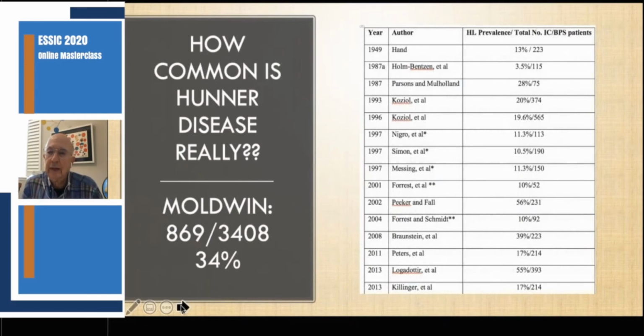If we look at all the studies that describe Hunter lesion prevalence, and we put them all together, Moldwin did this in the new Campbell's Urology, we find that 34% of patients overall have a Hunter lesion. Now, this is less in the United States, where it's as low as 10 to 15%, and much higher in Scandinavia, where it may be up to 50%. But overall, if you look for Hunter lesions, you will find them. And that goes with looking for them either under local or under sedation with bladder distension. You do not have to put the patient under sedation to find a Hunter lesion.